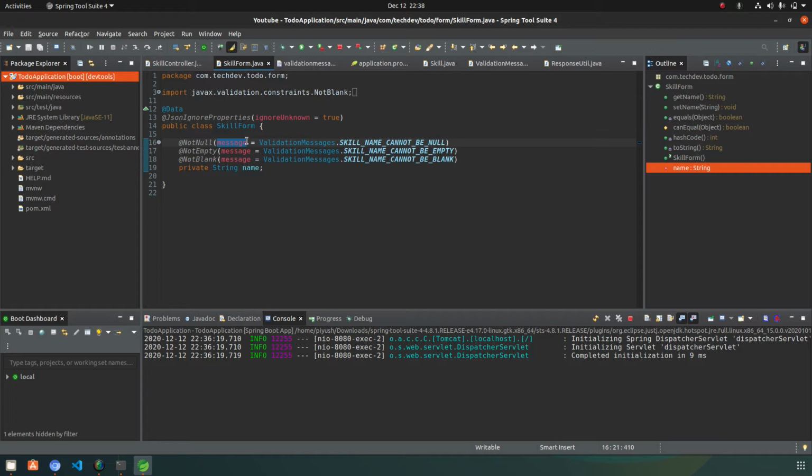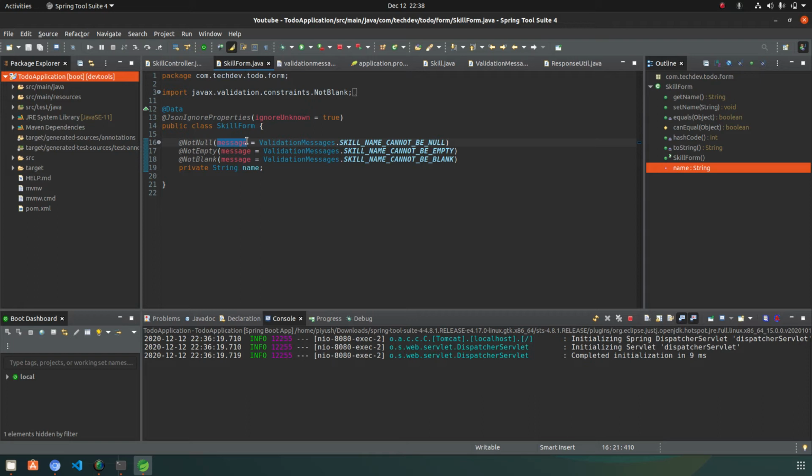constraint. But what happens when you are using a lot of fields in your form or a request body, and each and every field contains more than one constraint? Then you need to make a sequence for that.